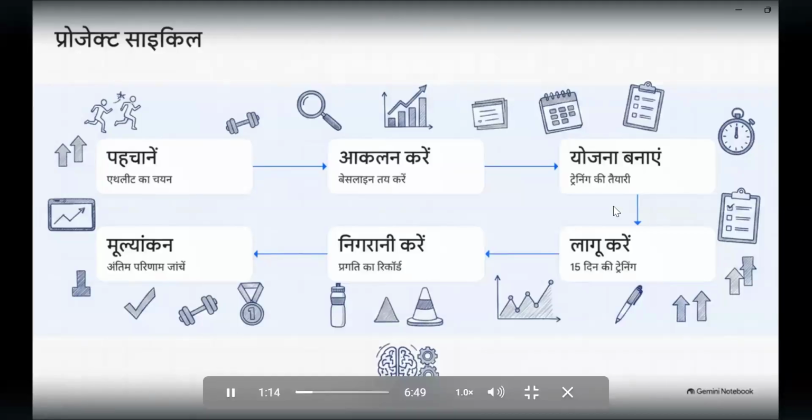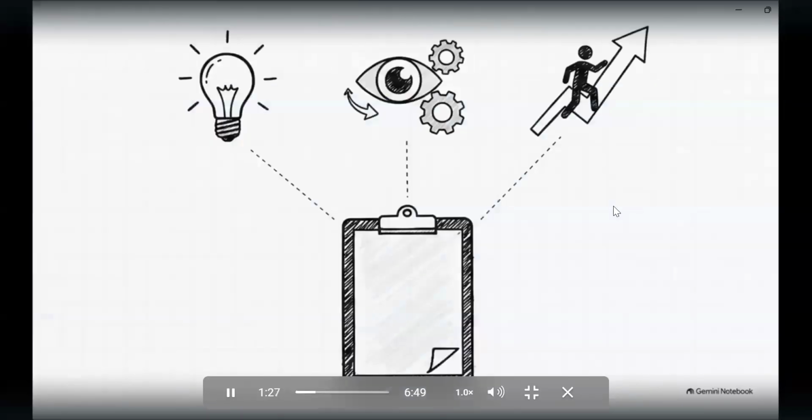इसके लिए आपको ये साइकिल फॉलो करनी होगी: पहचानना, आकलन करना, प्लान बनाना, लागू करना, मॉनिटर करना और फिर इवैल्यूएट करना। एक साक्ष्य आधारित कोच बनने का यही सबसे सटीक रास्ता है। देखिए, इन 15 दिनों में आप जो भी पेपर वर्क या डॉक्यूमेंटेशन करेंगे, उसे बस इन 3 अहम सवालों के जवाब देने हैं। आपने क्या प्लान किया, ग्राउंड पर असल में क्या लागू किया, और सबसे जरूरी, एथलीट में क्या बदलाव आया।